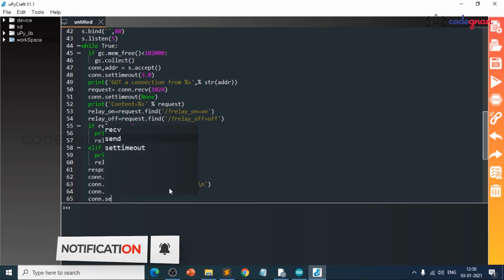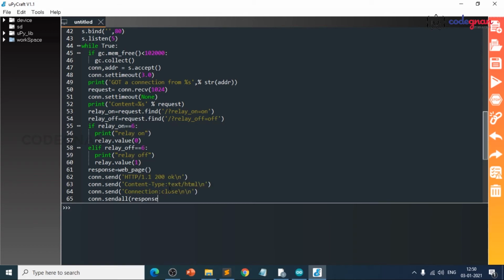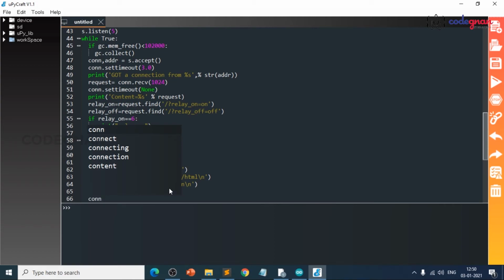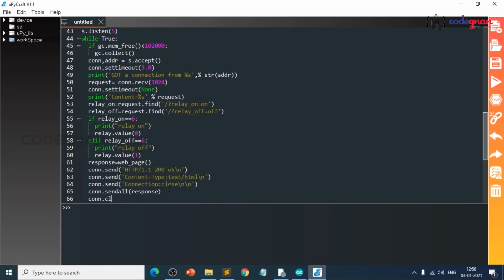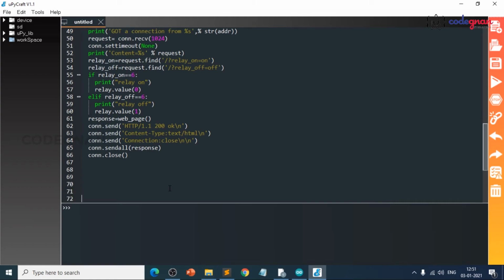Con dot send all response, and once we send all the response, we'll close here. Con dot close, and the format we follow here.